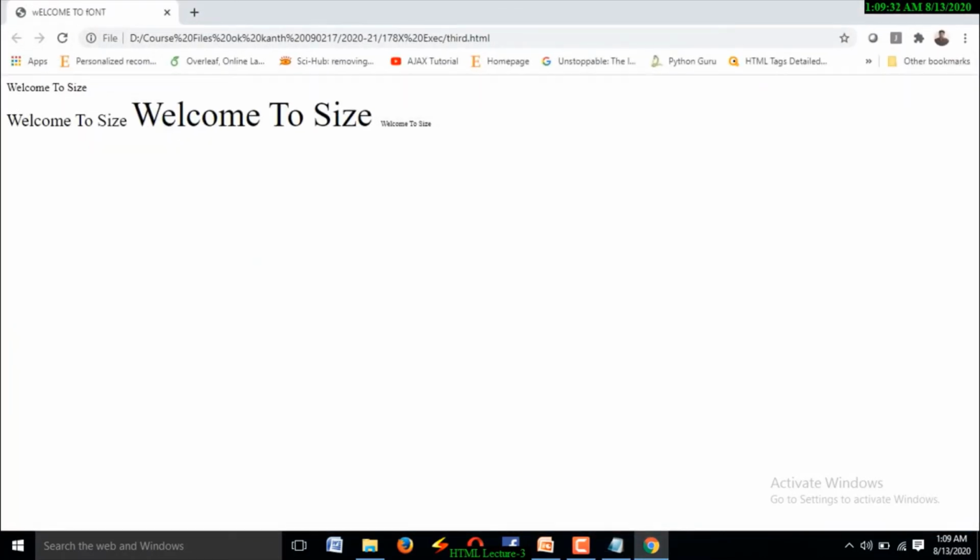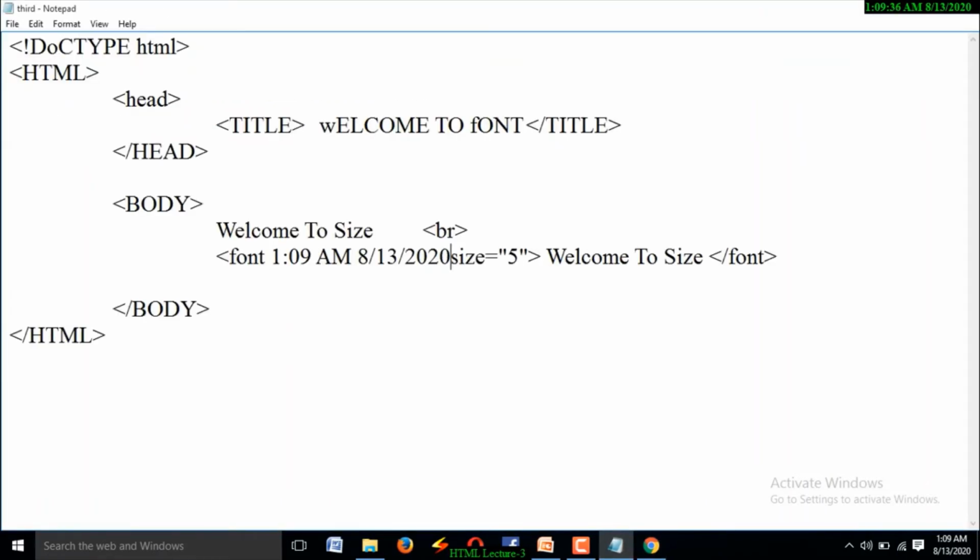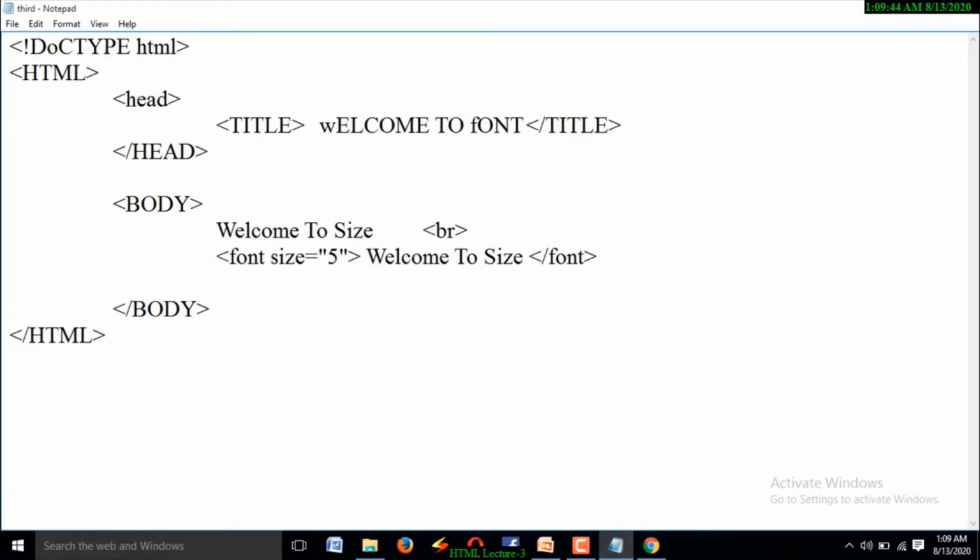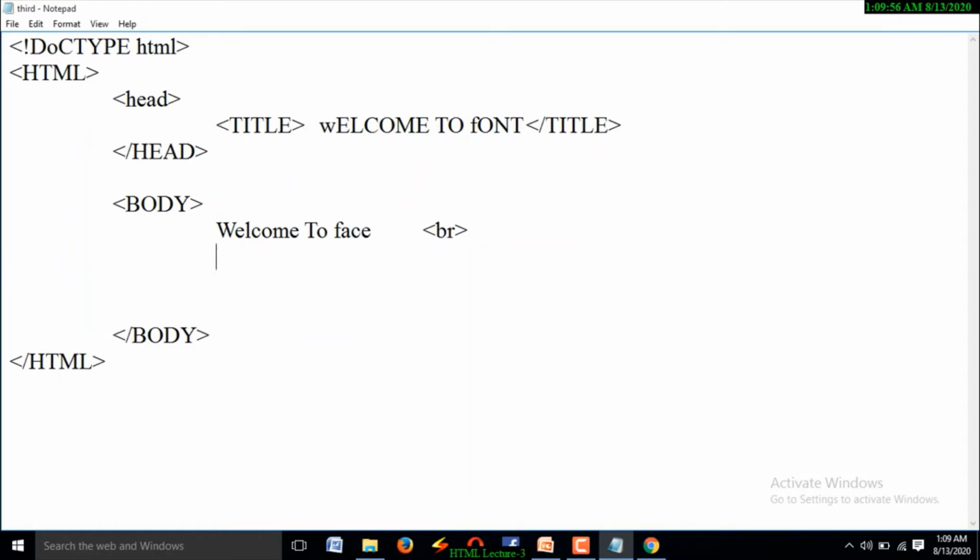See, whatever content is appearing here, that content is appearing with a specific font. Here this is the normal text, assume like this, this is the normal text, and here font face, welcome to face.